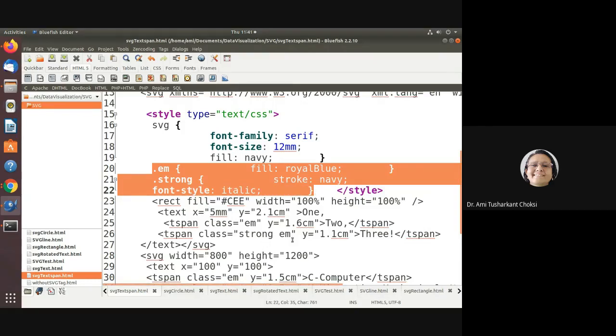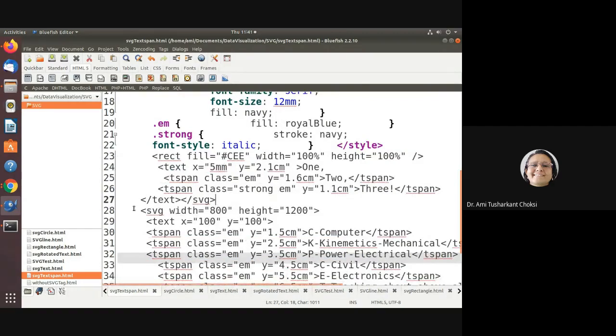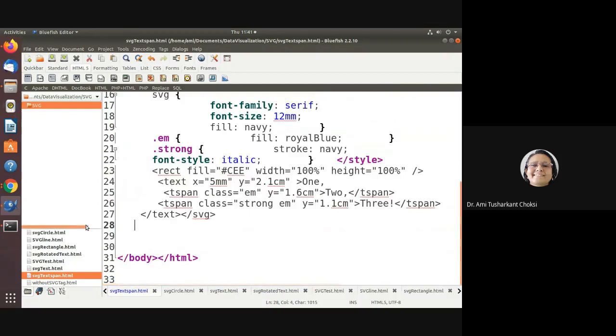Now y is specified and the text is 3, and tspan and text and SVG, right? That is for this, we can say SVG text we are specifying, right? Just now I have removed whatever cool definition we wanted to have.